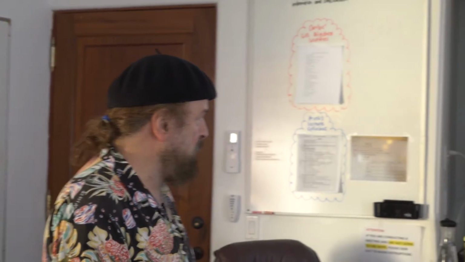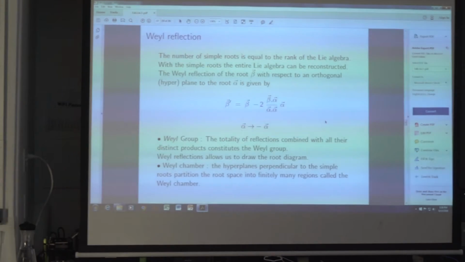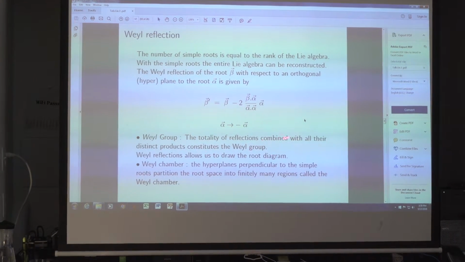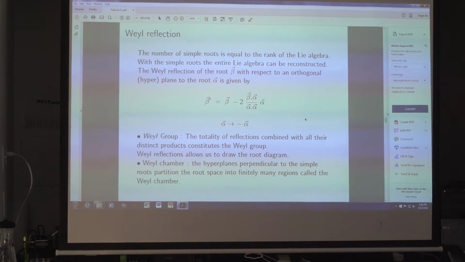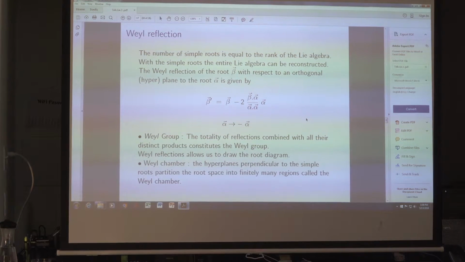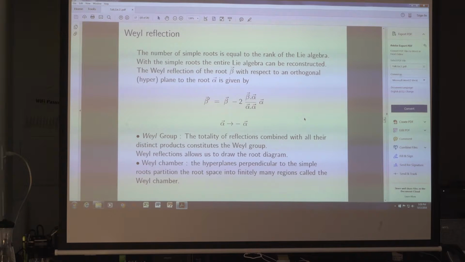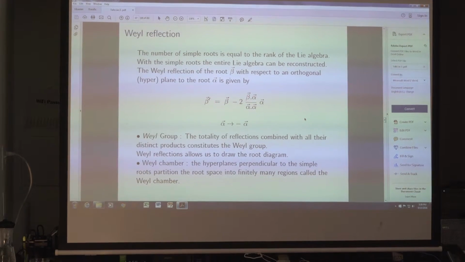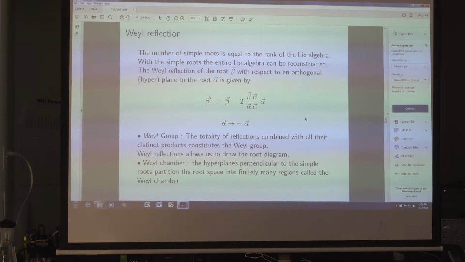So the Weyl group is the totality of reflections that you can make in your root space, and that is what you call the Weyl group associated to that given Lie algebra. So the Weyl group is a set of transformations, yes. The reflections in this case? Yes. So the beta prime should be the one on the lower left, right? Because it's beta reflected over